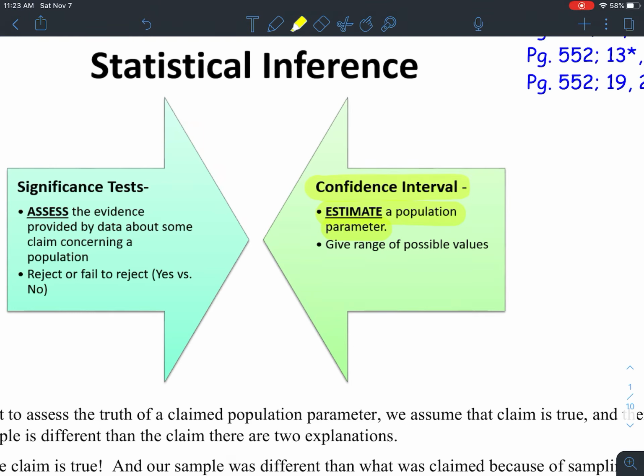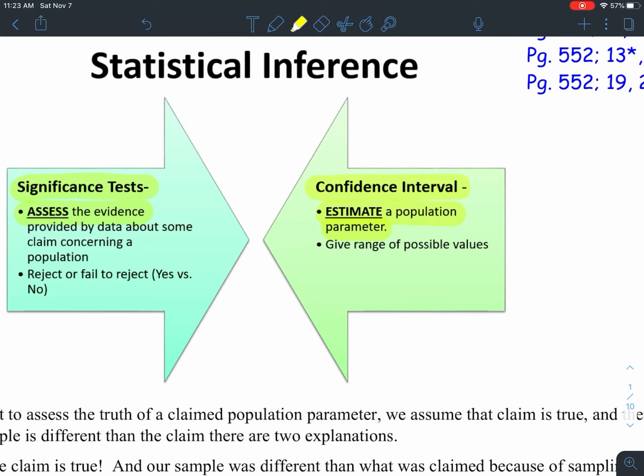When we shift to a significance test, we're not trying to estimate what a population parameter is, but instead we're given some type of claim that is made about a population, and then we're trying to assess the evidence that would be provided by our data